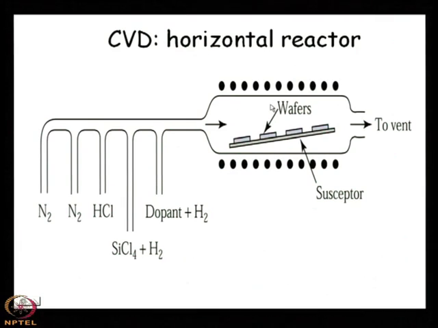Yes, this is a CVD reactor, a horizontal reactor. Why is it horizontal? Because the gas flow is parallel to the surface. Here you see that there are 4 wafers placed on the susceptor. The susceptor is graphite, and various kinds of gases are sent to the reactor chamber. This is for silicon, not gallium arsenide, because here we have used SiCl4, that we shall discuss also. So, if we now discuss the CVD of silicon,